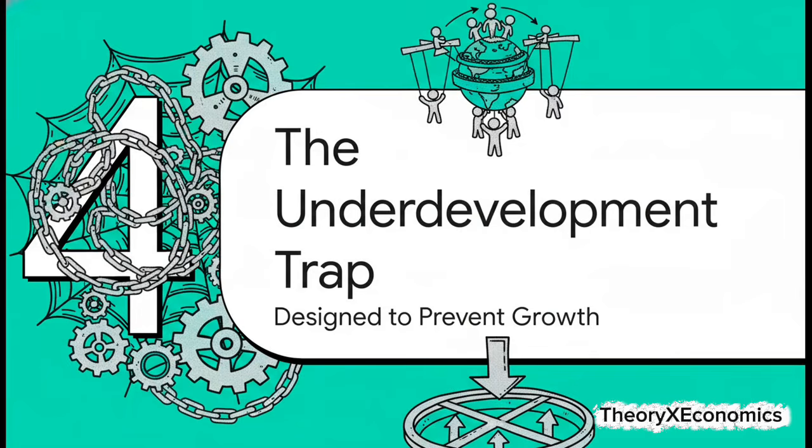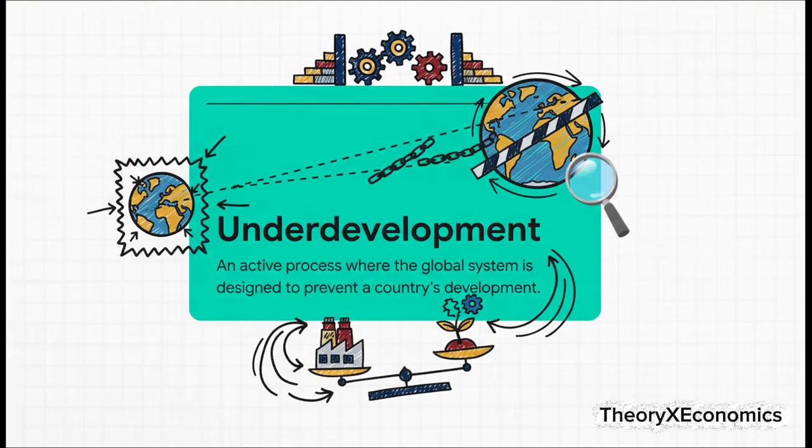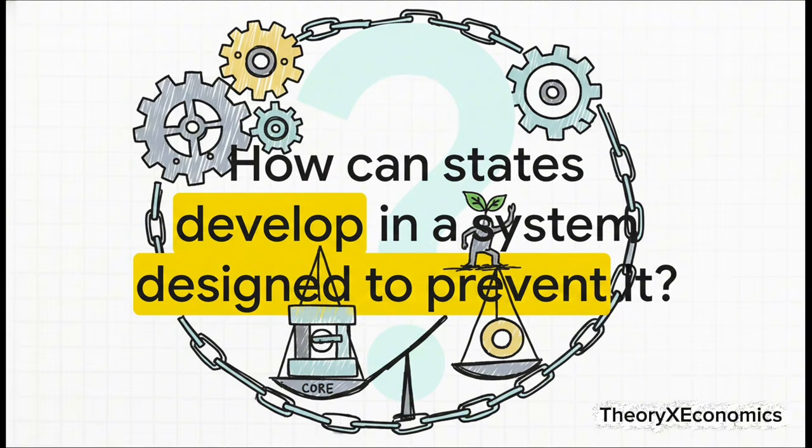So when you put it all together, you take that global hierarchy, you add in the elite alliance, and you mix in these biased rules of the game, you get the theory's pretty bleak final verdict, what it calls the underdevelopment trap. And that word is so important. Notice it's not undeveloped, as in they just haven't gotten there yet. It's underdeveloped, which implies an active process. It's a condition where countries are being systematically and intentionally prevented from developing by the very system they're a part of. And that just brings us to the core dilemma, doesn't it?